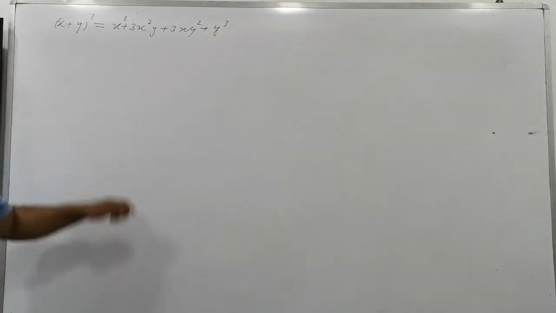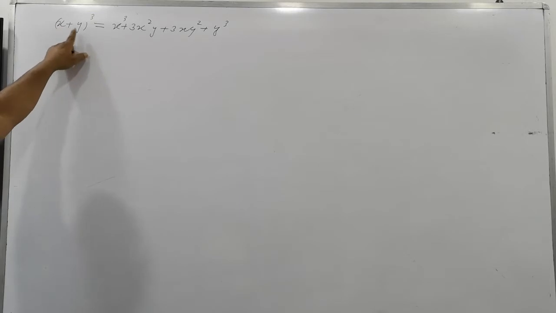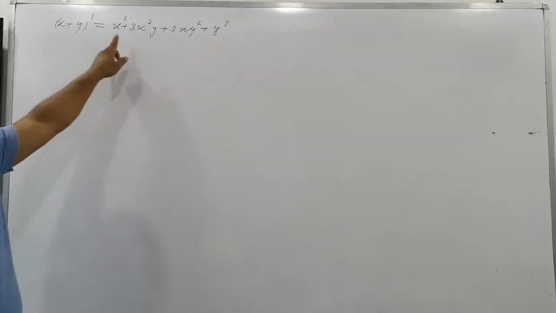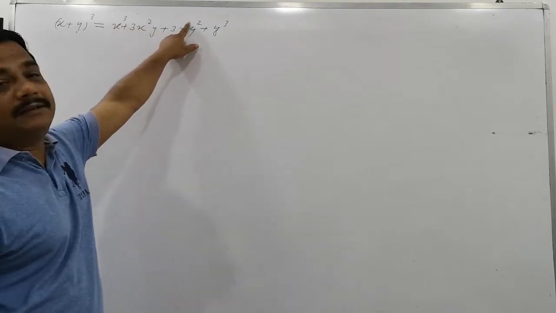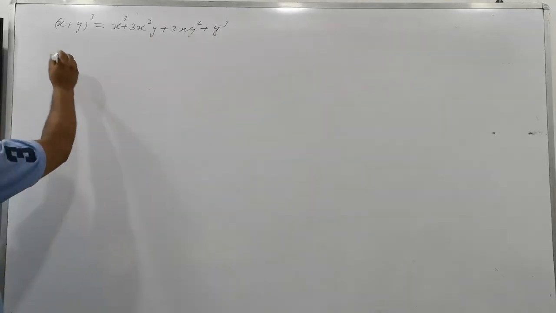You just see the pattern. It is the expansion from the highest power of the first term to the highest power of the second term. Is that clear? See in the steps: the power of x is 3, then the power of x is 2, then 1, then the power of x is 0. We can make the expansion here right now.